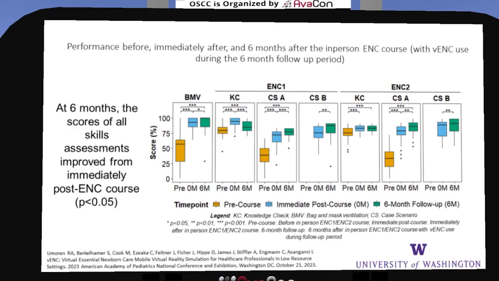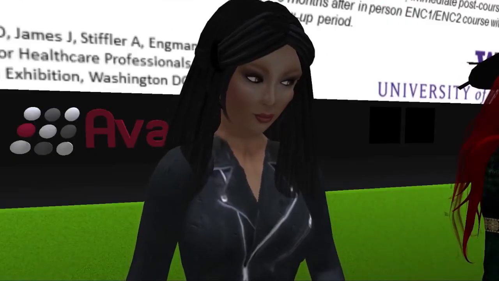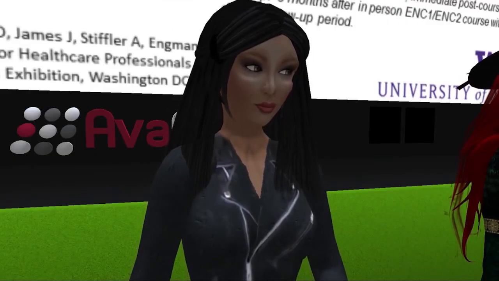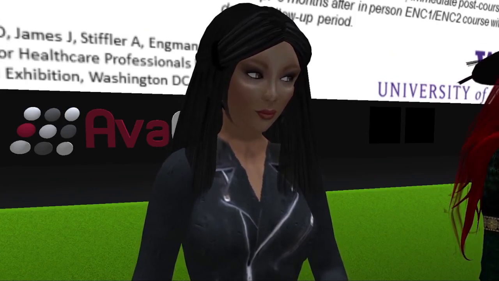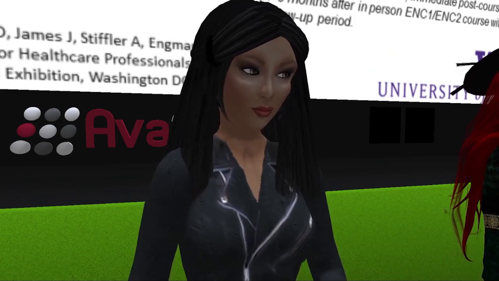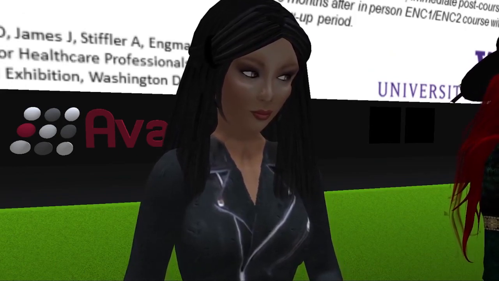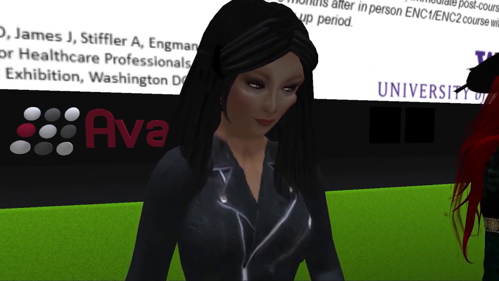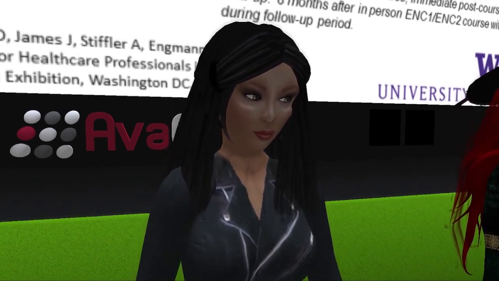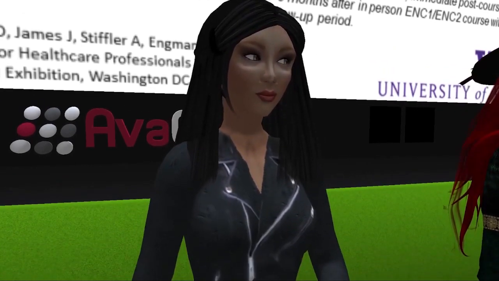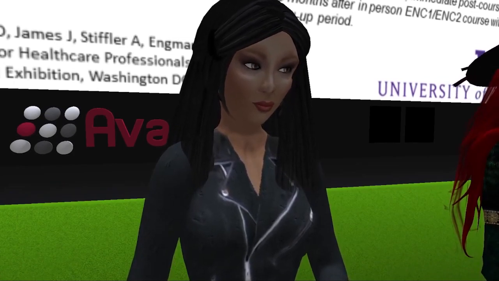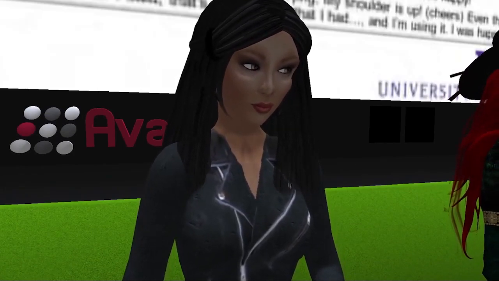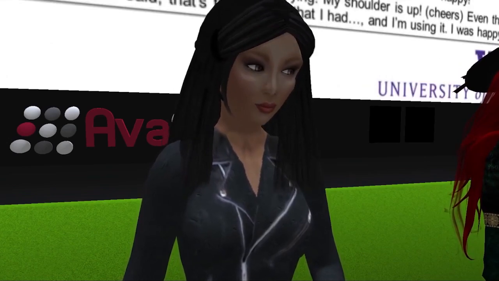So we're very excited about these findings. We think they continue to show us that using virtual simulation is a very viable way and may actually be a revolutionary way to teach these skills and will save lives. So I believe this is the last slide. If we can go to the next one, we will want to, one more thing.